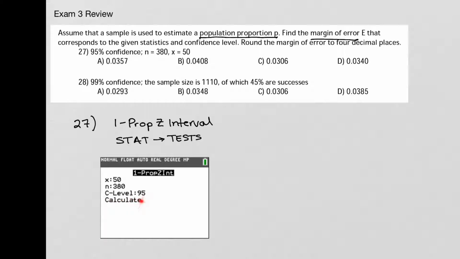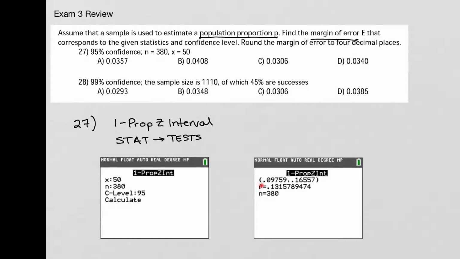Once you've entered those values, you're going to hit Calculate, and the result will be 0.09759, comma, 0.16557. So that's my confidence interval, and they also give us our point estimate, which is p hat, and that is